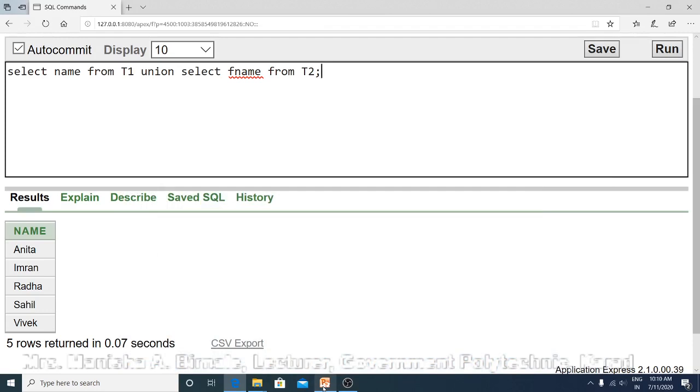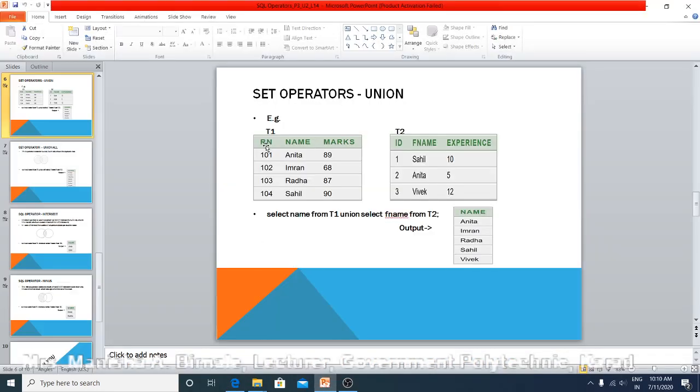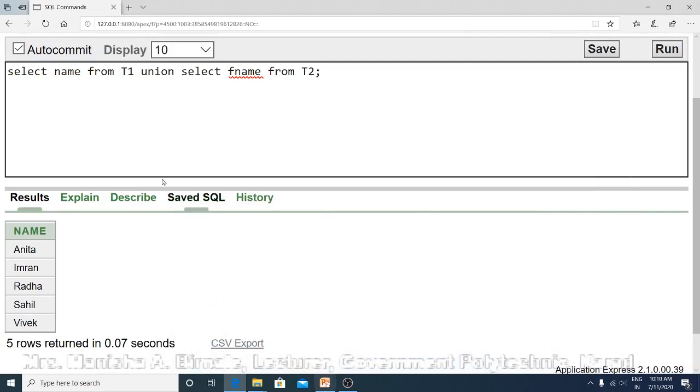Now suppose there are columns RN, name, marks in table 1, and in table 2 there are columns ID, FNAME and experience. Now let us take a query like this: select RN from T1, where RN has data type integer, and the second query is select FNAME from T2, where FNAME has data type string varchar.